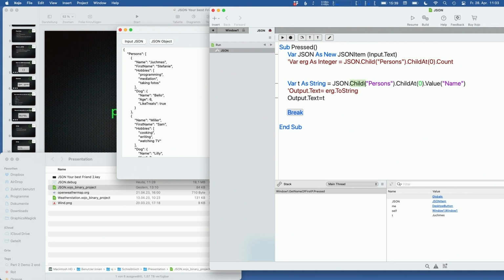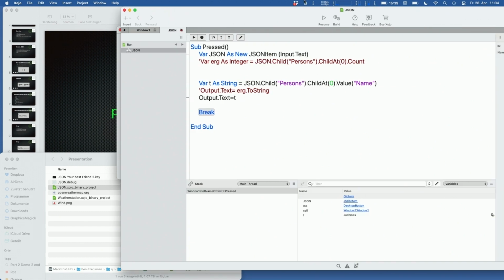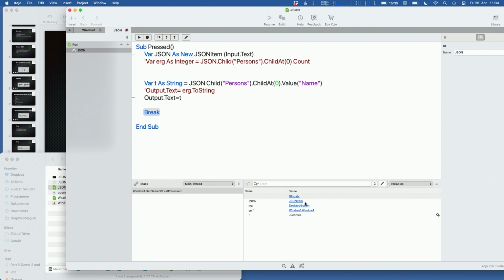That is at first child and the child at function. And here at first we use the child function because we want a part of the JSON from a specific key. And so here it is child of persons, and then we go to persons, and in the debugger we see that